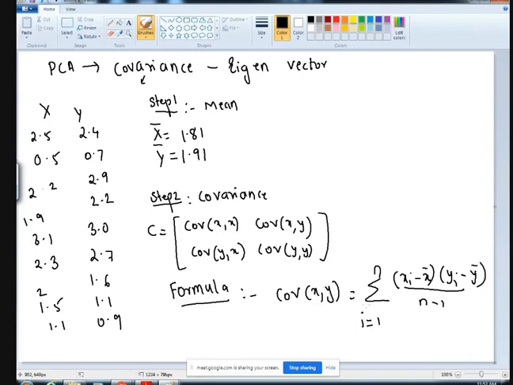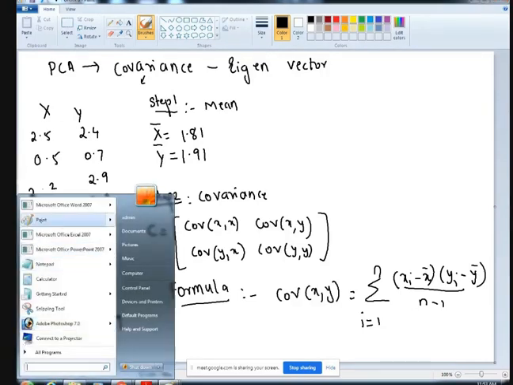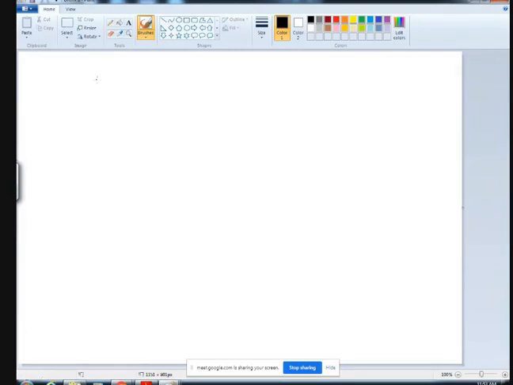And the summation has been given because you have to consider each data point and work. So see how we are going to work. If you're considering the first data point, it will be i is equal to 1 to 1, where n will become 1 now, and xi will change to x1 minus the mean, then y1 minus y bar, that is y1 minus y mean, divided by 10 minus 1, that is 9. Why 10? Because there are 10 rows that we have found. Fine. This will be your covariance for your first equation, isn't it?